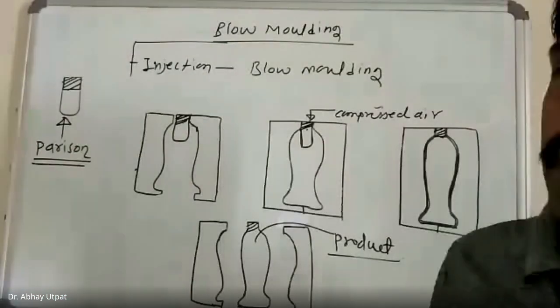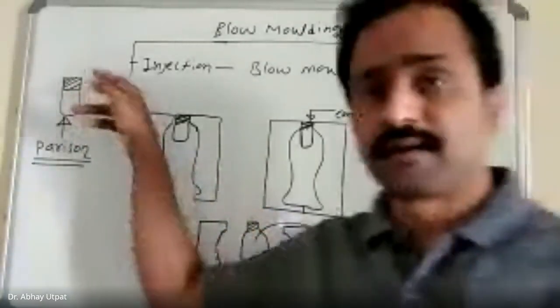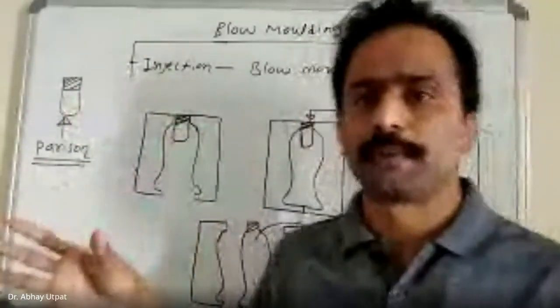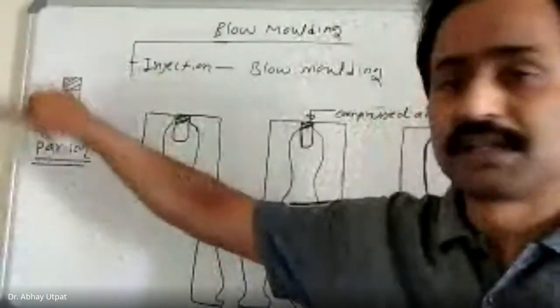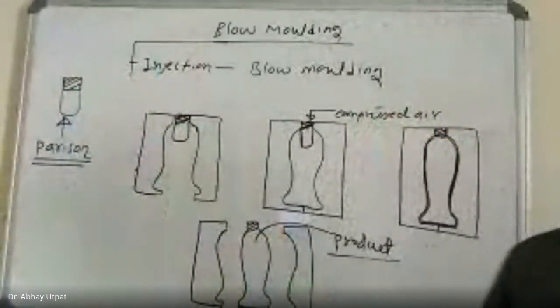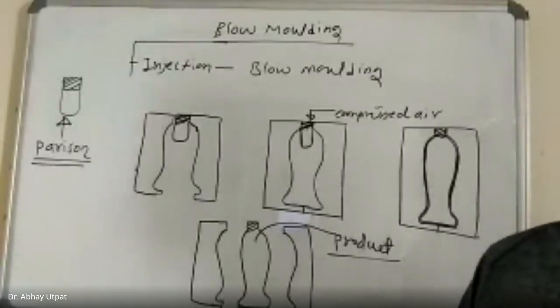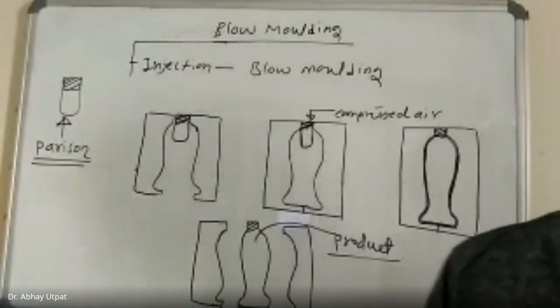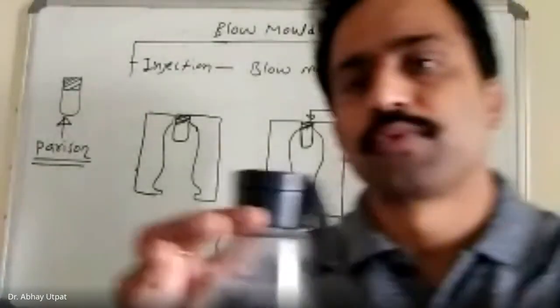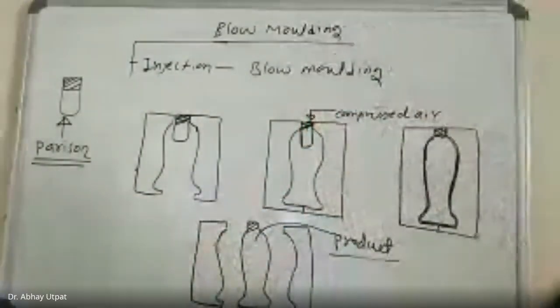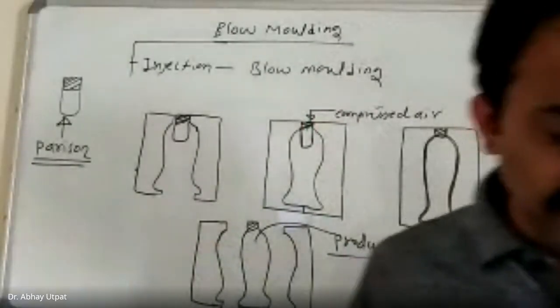So you can have freedom to design your neck, you can give intricate shapes, threads and whatever other requirement earlier, and then only this bottom part can be swelled. So you can have good quality of accurate wall thickness and high quality of neck finish with wide mouth opening. Wide mouth opening means I have shown this bottle to you. So you can keep this and you can increase the remaining swelling part. And